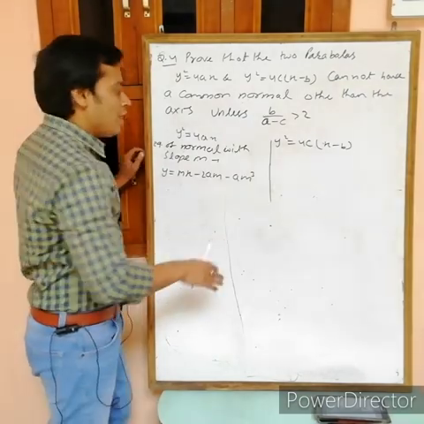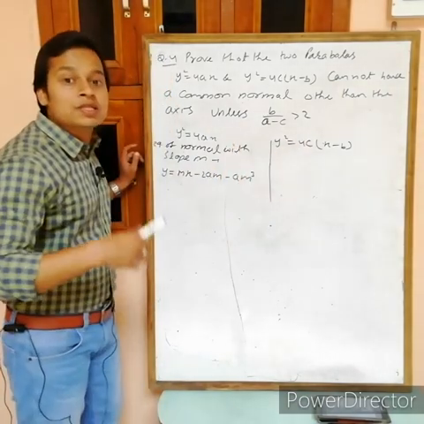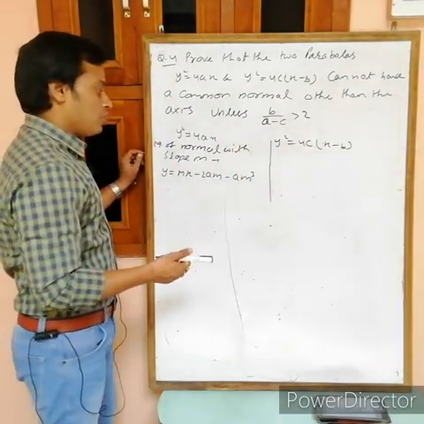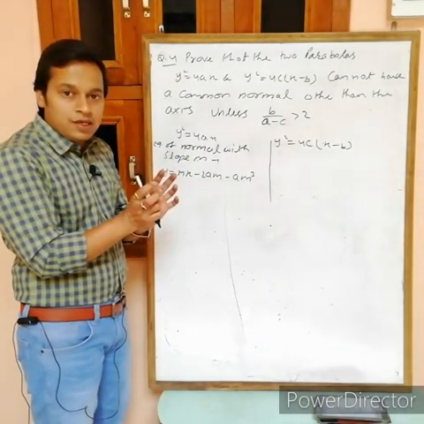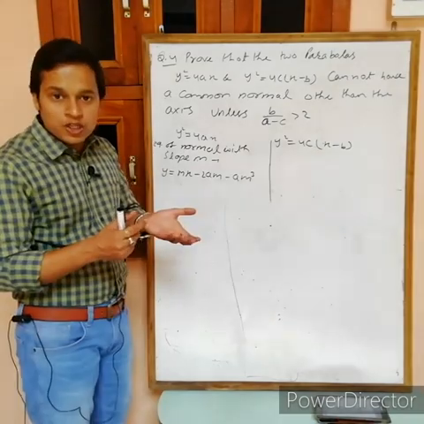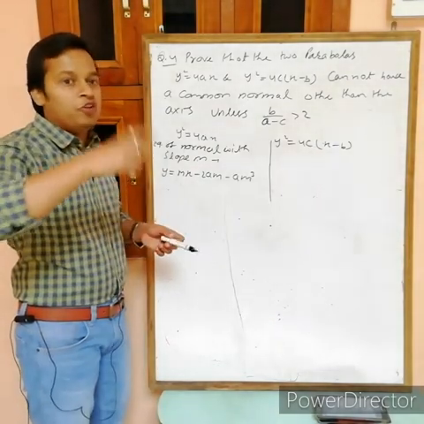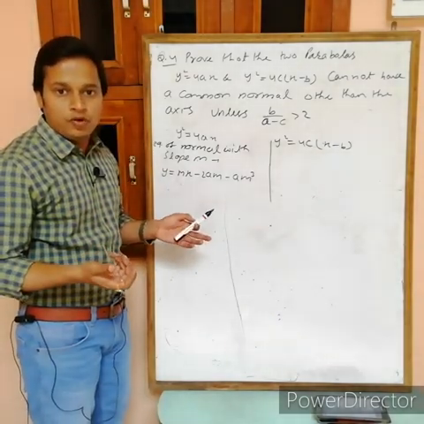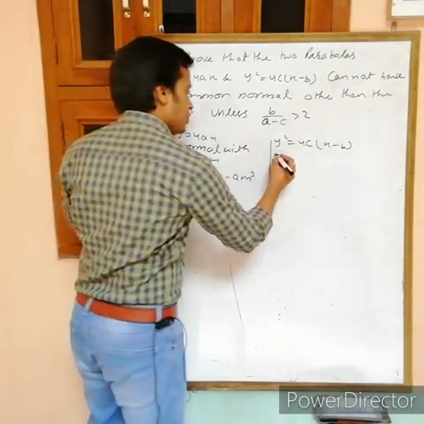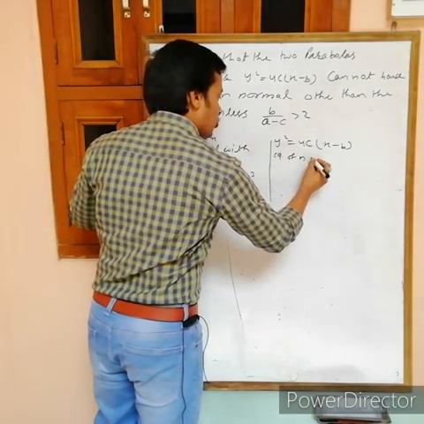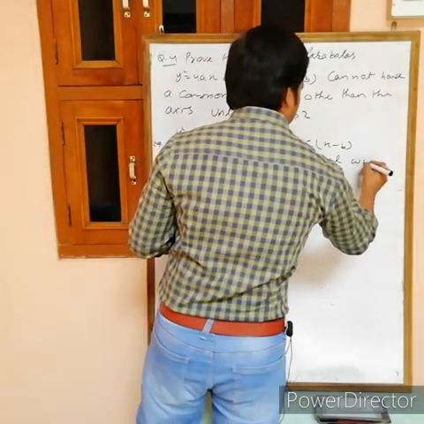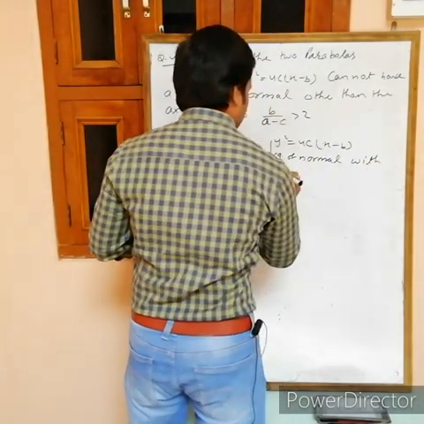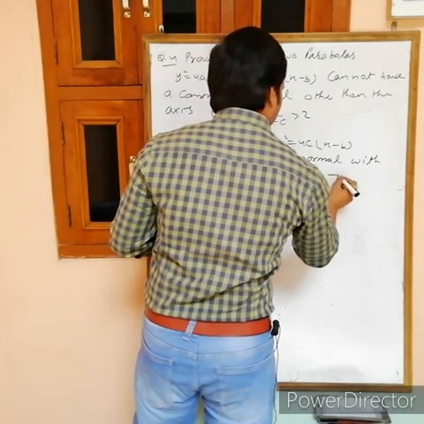Okay, now also write the equation of normal with the same slope. We want to compare both, so if both lines become the same, then the slope must be the same. If you take a different slope, then how can they be the same? So, the equation of normal with slope m for this one.